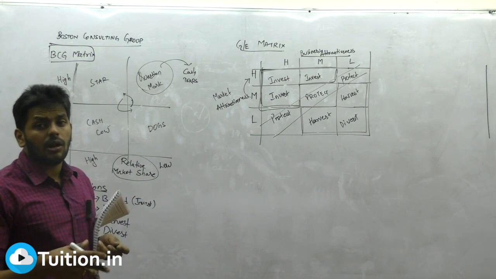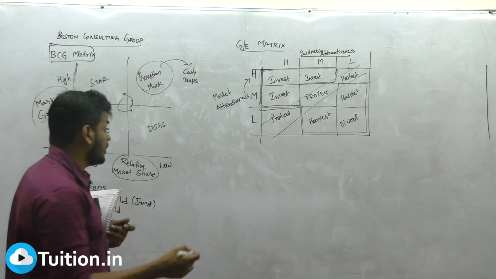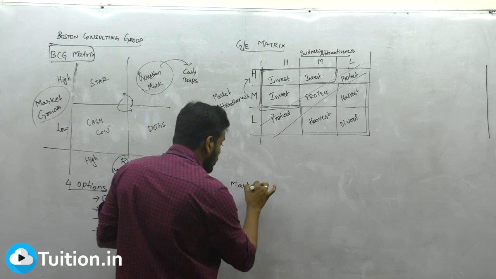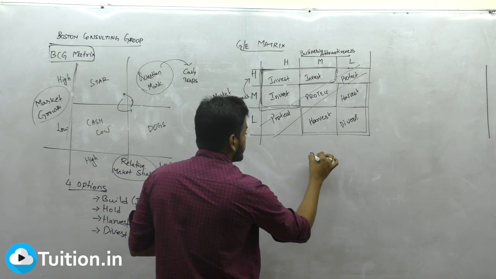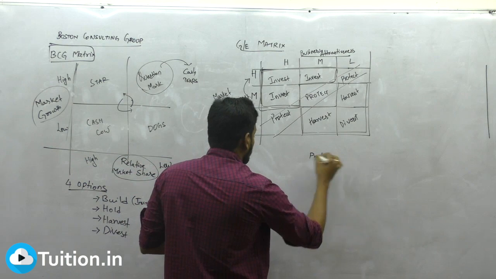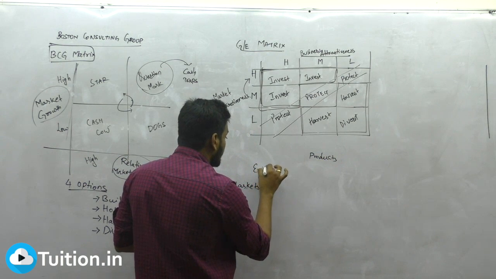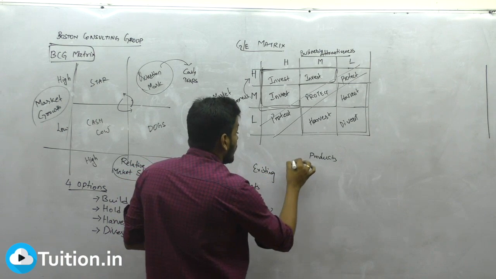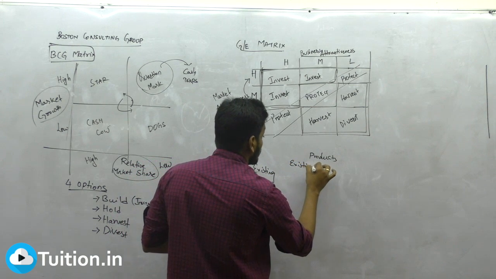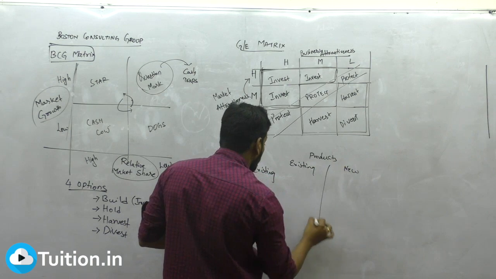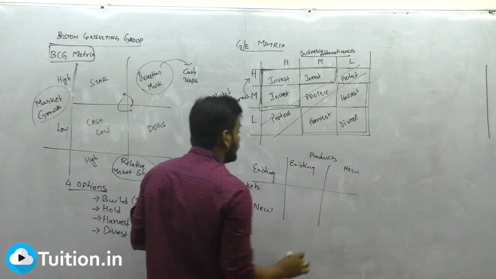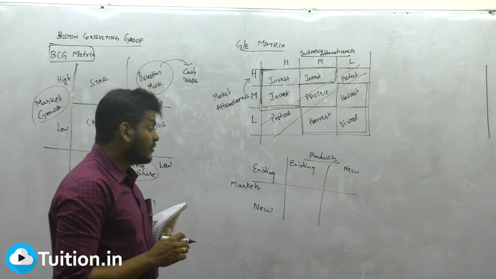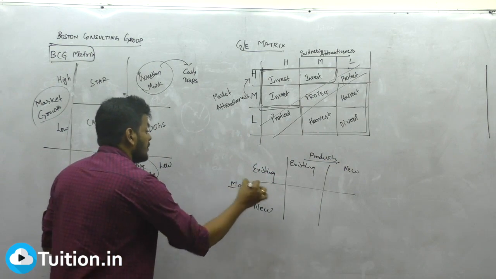Like what are you doing? Are you already there in business? Are you coming newly to the business? So he's talking about existing markets and new markets, existing products and new products. I want everybody to concentrate on this. It's a very, very simple matrix and you got to use this later, so I want everybody to focus. Ansoff product growth matrix, product and market growth.